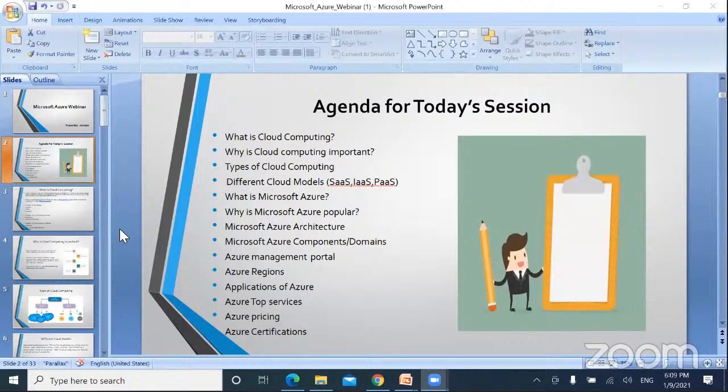For a particular application, we require a few virtual machines and some amount of RAM and CPU. For that, we will pay, like pay-as-you-go services. Azure is a Microsoft product which provides services in the cloud. For example, we have different cloud models, like software as a service, infrastructure as a service, platform as a service,